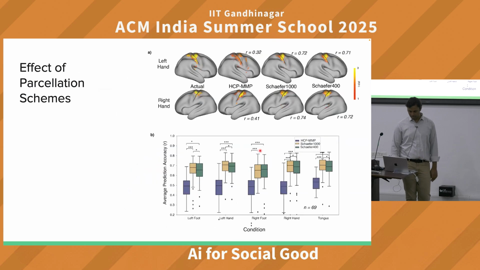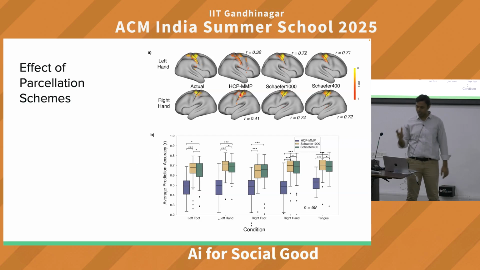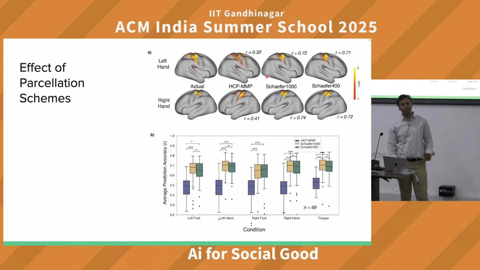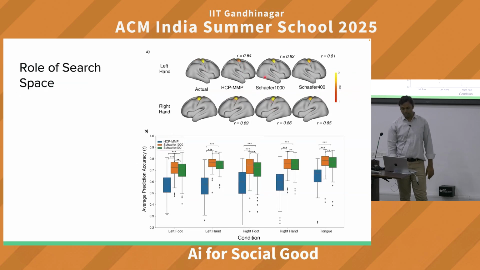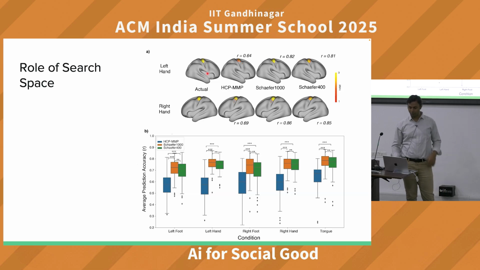We can split this with this different parcellation scheme. I talked about this. So even different parcellation scheme, the way you cut the brain and define these regions, can also have an impact. Some schemes are better than others. And also how much part of the brain we are looking at, how much extent are we looking at, all that does go into the performance accuracy. अगर हमने ज़्यादा tissue size ले लिया है तो performance may be better, may not be better. It really depends upon the task here. ठीक है.